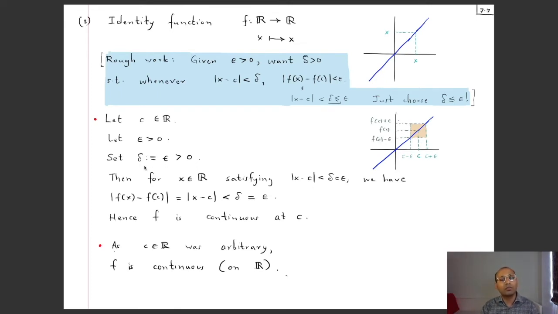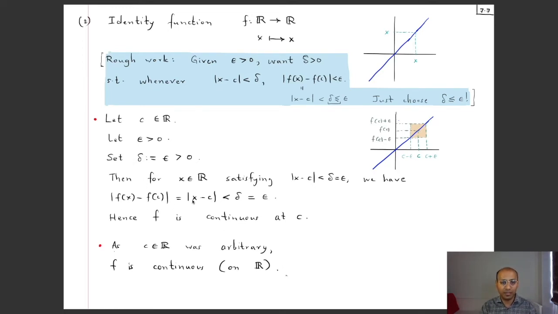For simplicity, I choose delta equal to epsilon, that's a positive number. And then whenever my x satisfies that its distance to c is less than delta, which has been chosen to be equal to epsilon, we have that mod of f of x minus f of c